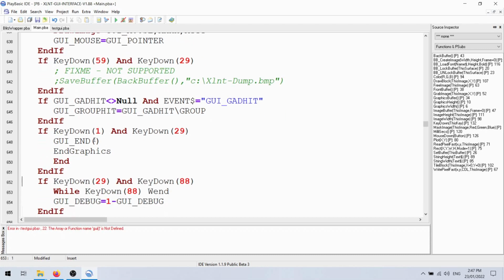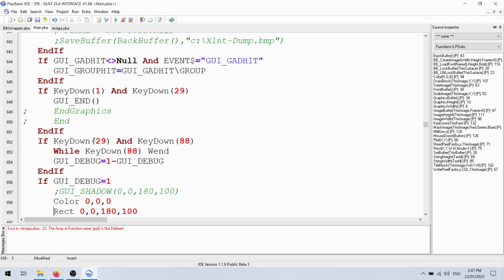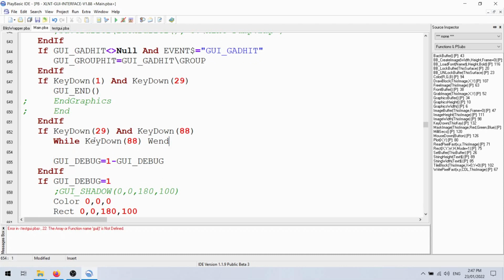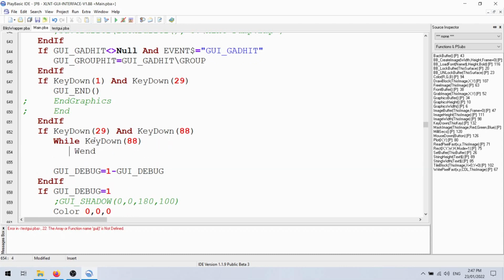In graphics, oh, it's a close down. You can exit the whole thing. Key down, that's the escape key, and down keys. Don't know what 29 is. We can call in GUI and we can get out of here. I don't know what that's meant to be. While key down here, okay. And while